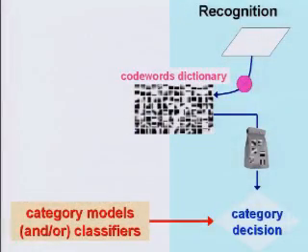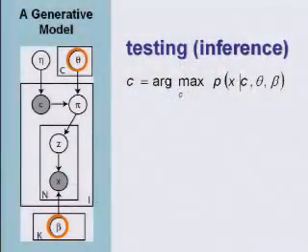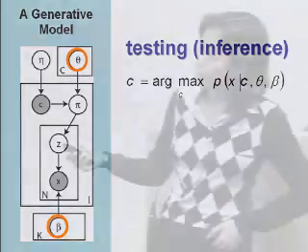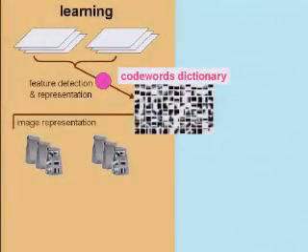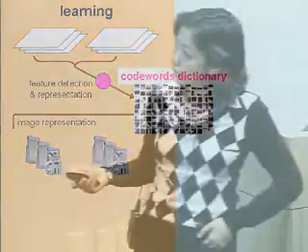Now during recognition, all we have to do is take the query image, represent it as a new bag of words, and just make an optimal decision based on the model parameters we have learned. So basically, we pick the C label that maximizes the likelihood of this image over these parameters. So okay, I think I've gone through all these processes.